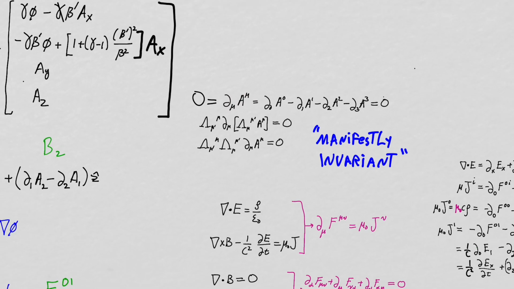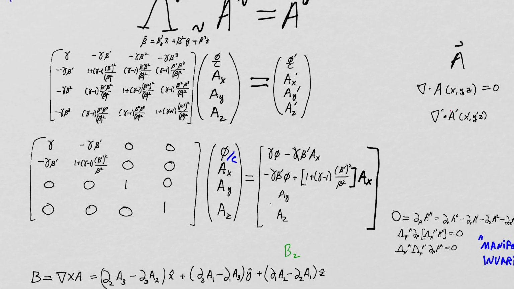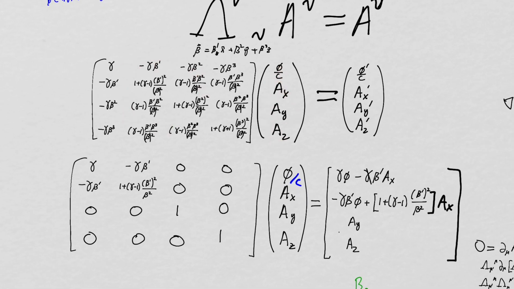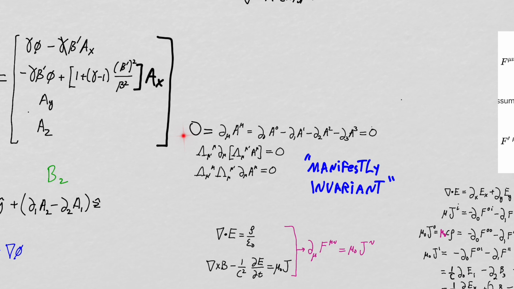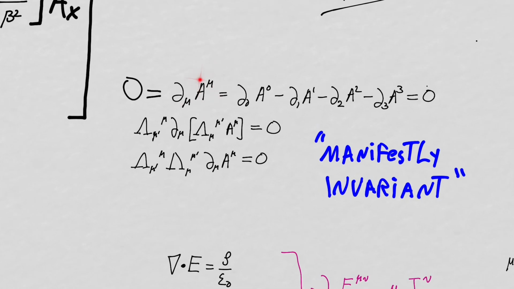You don't even have to go through this process of checking this arbitrary matrix against an arbitrary field, calculating the transformed field, and then showing that this transformed field still has this property, right? In other words, you don't have to check that partial mu A mu equals 0 for A mu prime, switching into the new reference frame. You don't have to check it because the Lorentz condition is obviously relativistically invariant, because if we assume that A is a four-vector, this expression is completely contracted